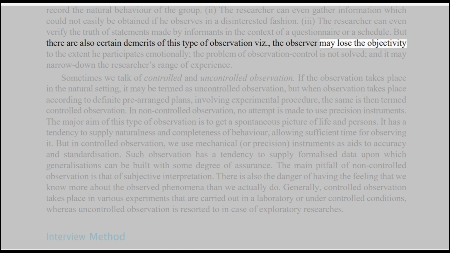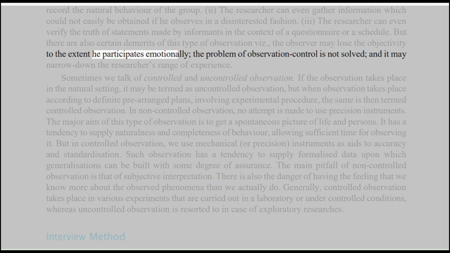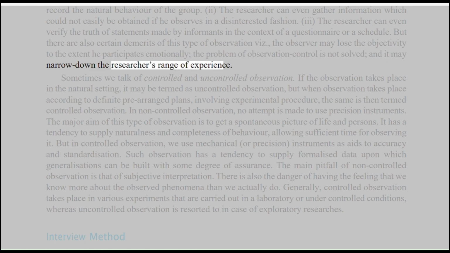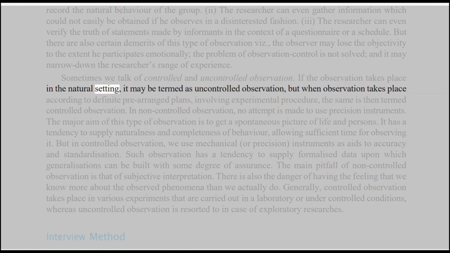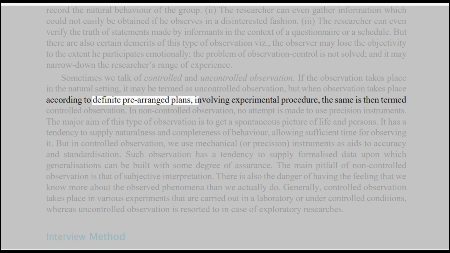The observer may lose the objectivity to the extent he participates emotionally, the problem of observation control is not solved, and it may narrow down the researcher's range of experience. Sometimes we talk of controlled and uncontrolled observation. If the observation takes place in the natural setting, it may be termed as uncontrolled observation, but when observation takes place according to definite prearranged plans, involving experimental procedure, the same is termed